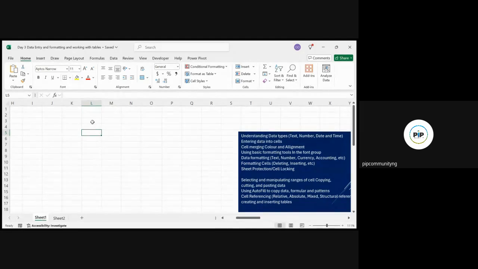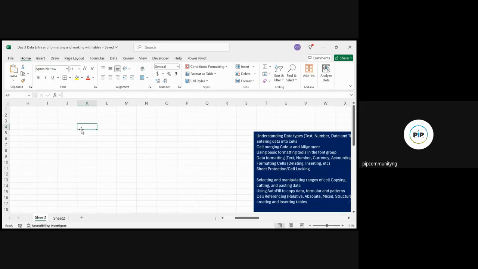All right. So the first thing we are going to learn today is entering data into our cells. There are two ways of doing it. You can either just come to the cell and start writing. Like you just click once, you select the cell, and then you start writing what you want, all right? Or you can